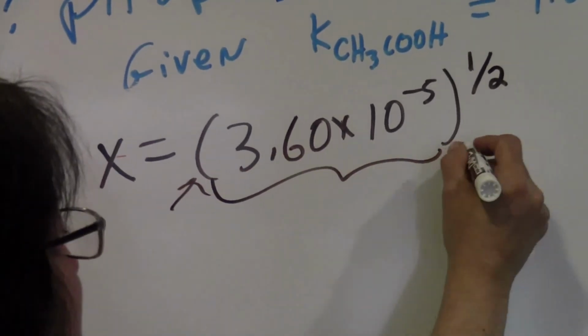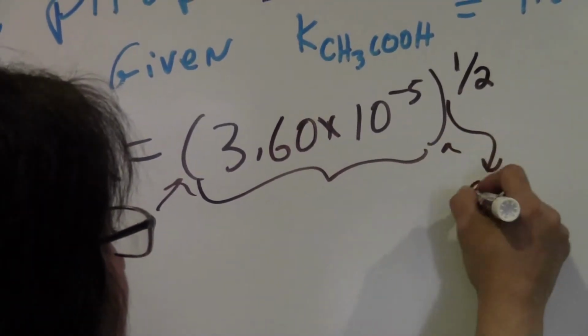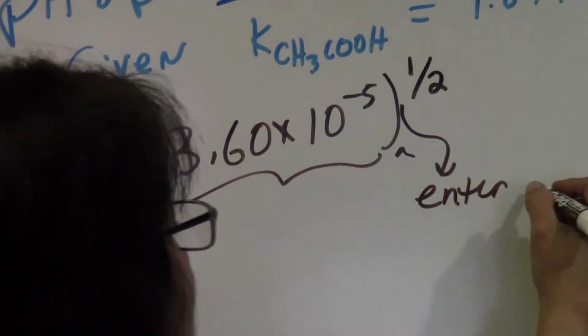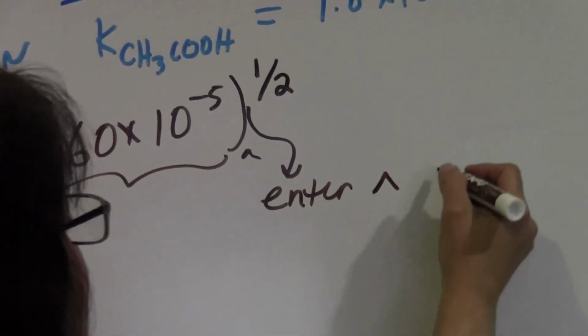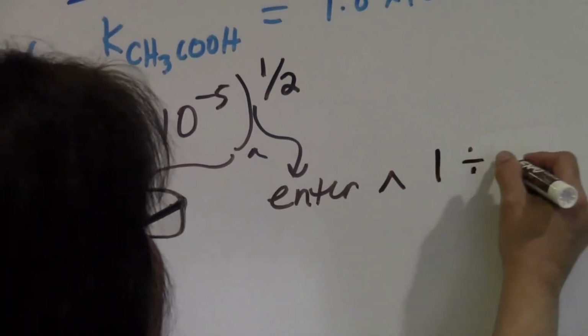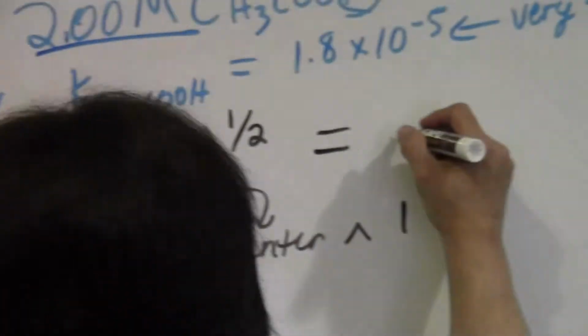You're going to put this number in your calculator with the parentheses in between, hit enter, hit that little arrow up, and then put in 1 divided by 2. When you do that, x is going to turn out to be